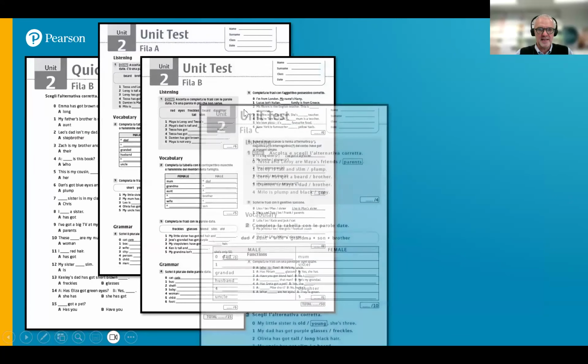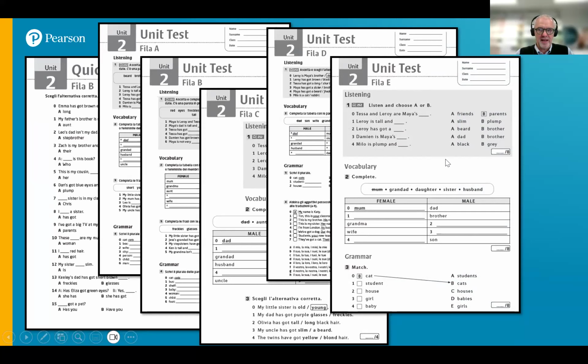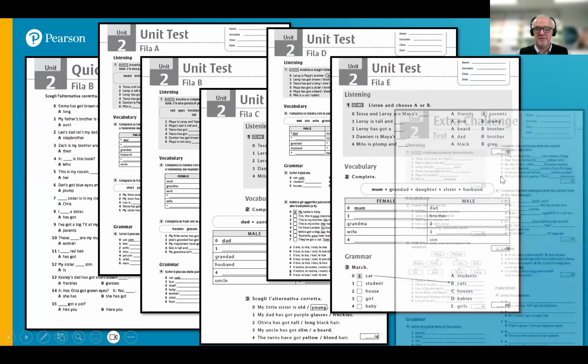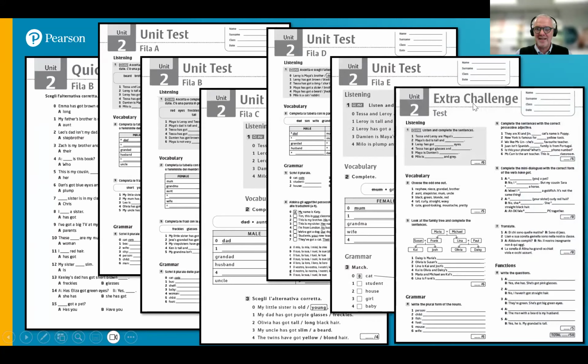Here is fila C, which, if you remember from before, is DSA. Then we have fila D, which is obiettivi minimi, fila E, which is BES. So we are distinguishing between DSA and BES in terms of how we do the outline of the test. And then there is also an extra challenge test, as well as the reading comprehensions. All of the tests, I know somebody is bound to ask, so before you ask, I'm going to tell you they are all available in Word. You can download them from the Pearson platform, and you can then modify, change, do whatever you want to do.